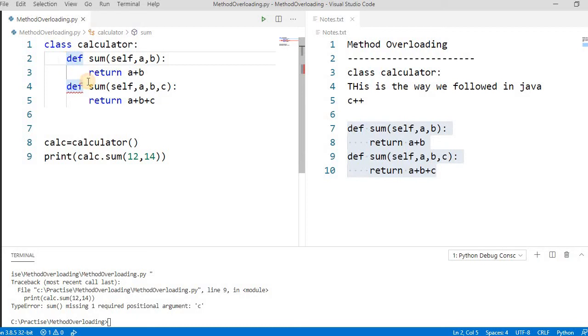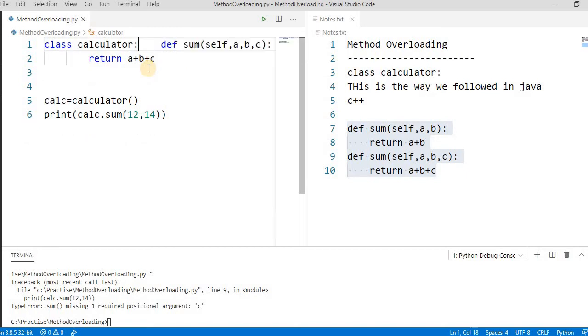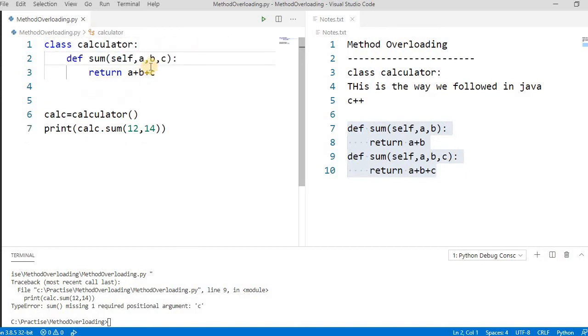In Python, suppose we want to implement that, what we have to do is some tweak. We have to pass default values to the parameters. Suppose we pass something like 0 or None. If we pass 0, it means that if we are not passing c, by default it takes the value of c as 0.